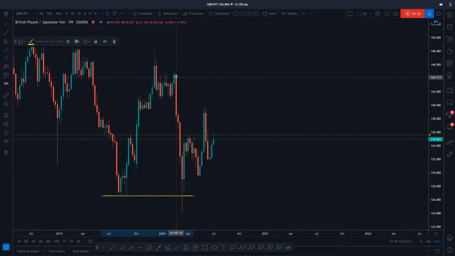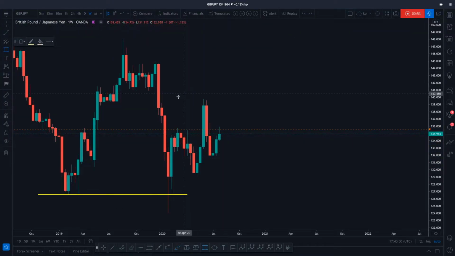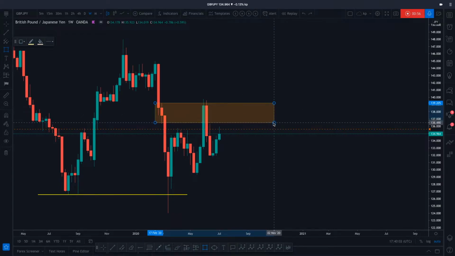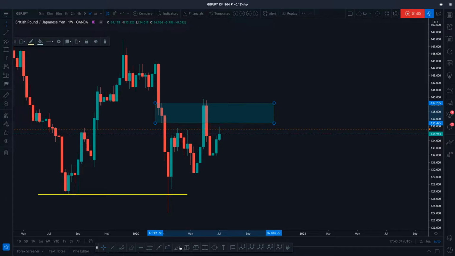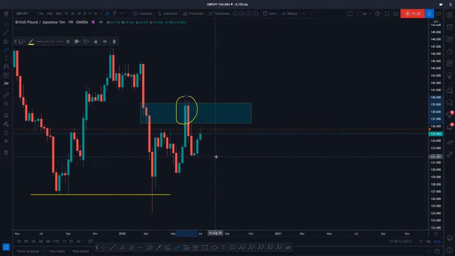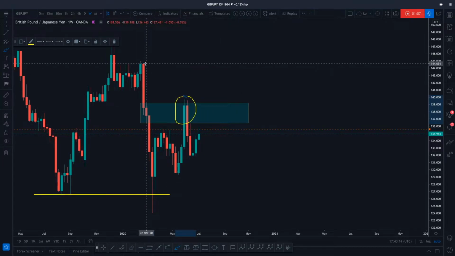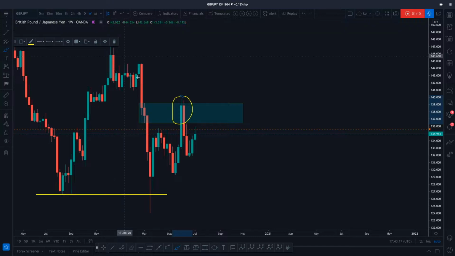On the weekly chart, we can see this big impulse. It broke our last support, and the price formed some kind of correction. We can also see a weekly supply zone, which actually worked out quite well. What we can expect from the weekly time frame